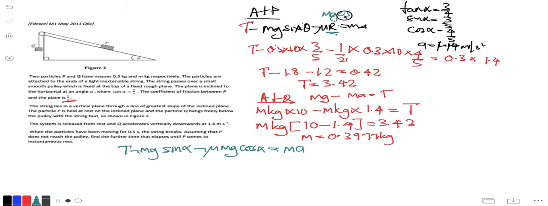From there we get 0, because there's no tension, minus 0.3 times 10 times 0.6,